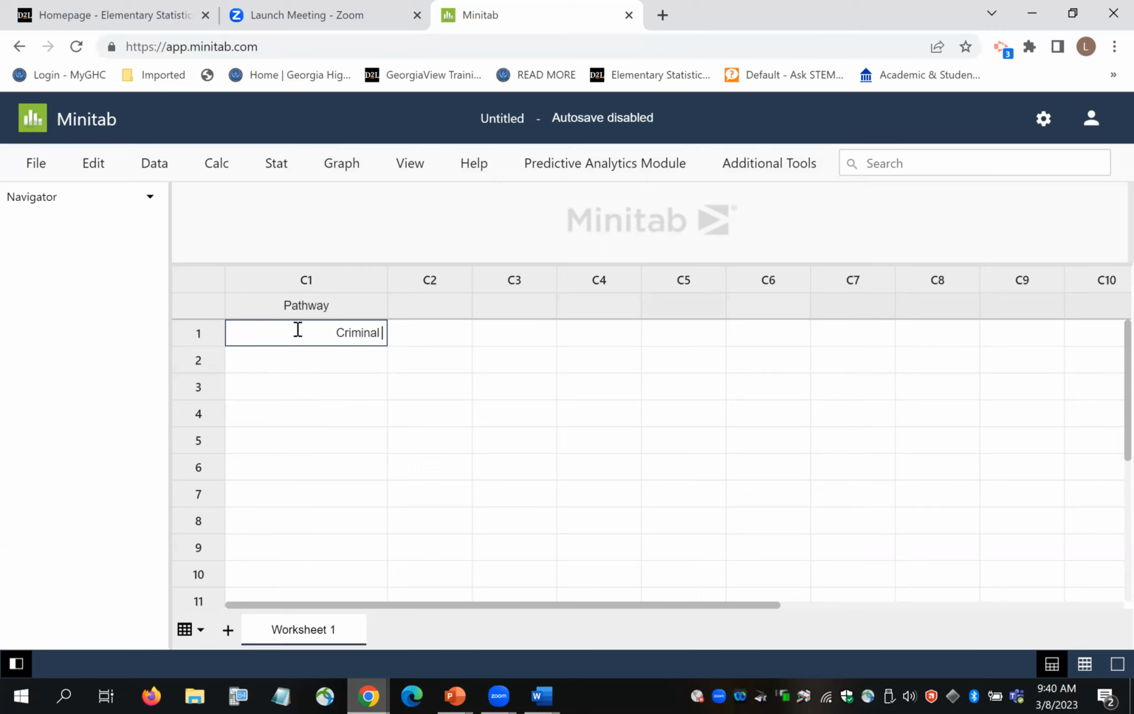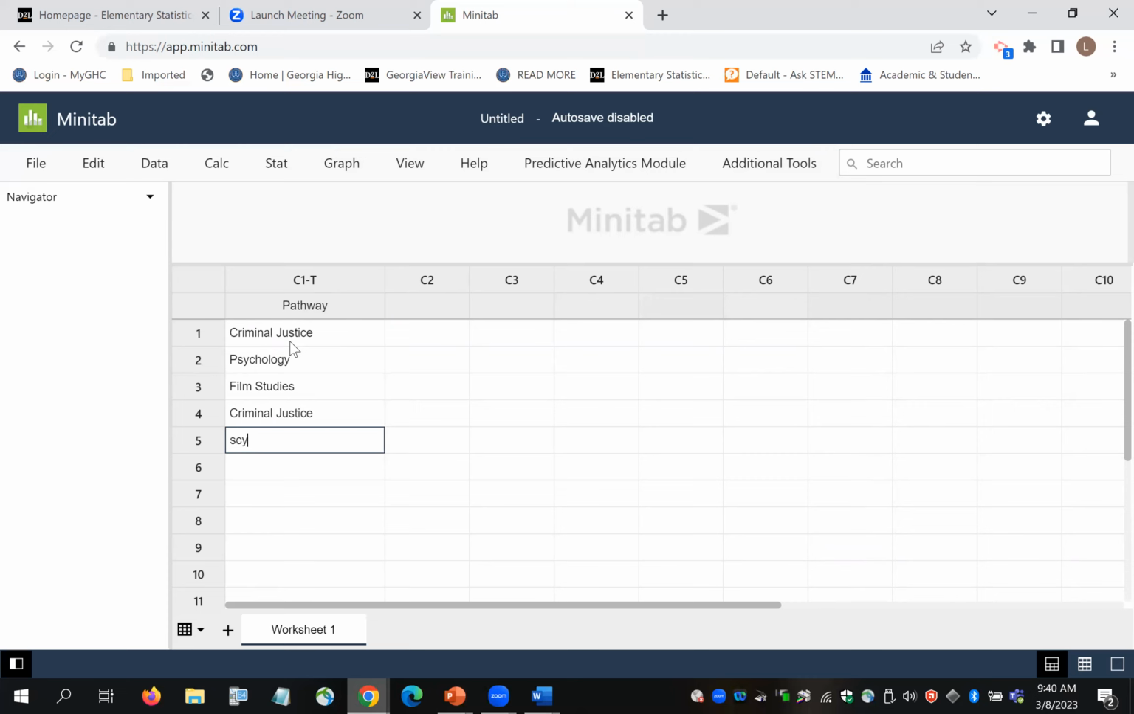So like I would have criminal justice, psychology, film studies. I'd have another criminal justice, another psychology. So I just go down the list of majors. I got general studies. I have another psychology. Let me get these put in there. I have criminal justice, but it's the BS, but it's okay. I'm just going to put criminal justice. We have biology,